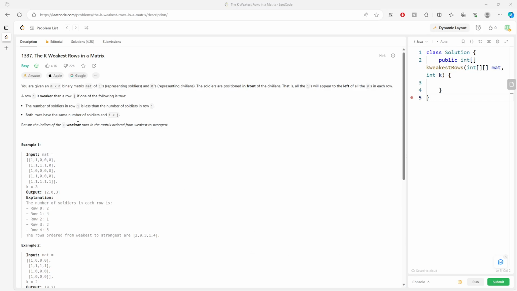So this question is the K weakest rows in a matrix. I'm going to summarize in my own words. You give me the matrix and also an integer K. The matrix contains either 1 or 0. 1 represents a soldier, 0 represents a civilian, and soldiers are always positioned in the front of